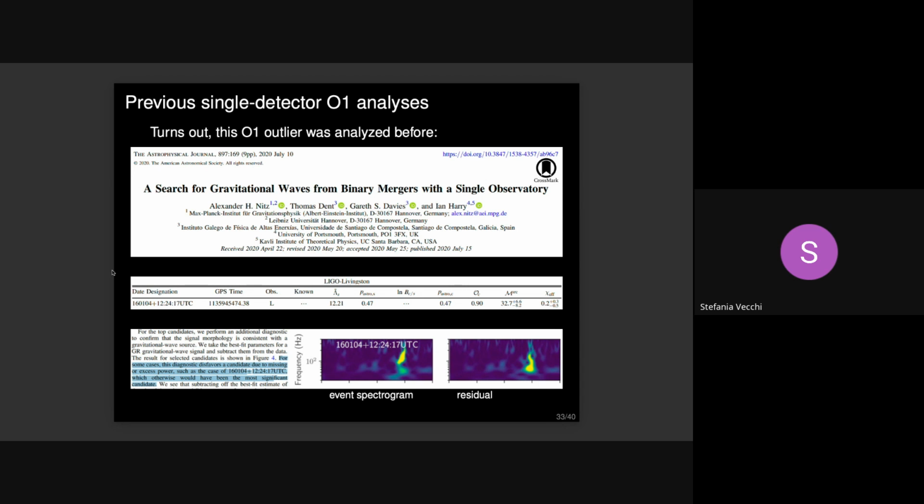For some cases, this diagnostic disfavors the candidates due to missing or excess power. So this is clearly a lot of excess power here, such as the case of 160104, which otherwise would have been the most significant candidate, right? So we then thought, okay, maybe this is something that we really have to look at in more detail,